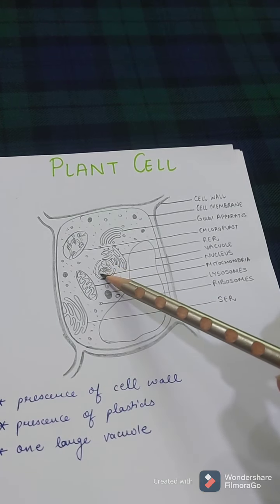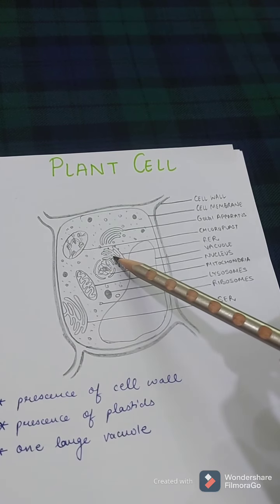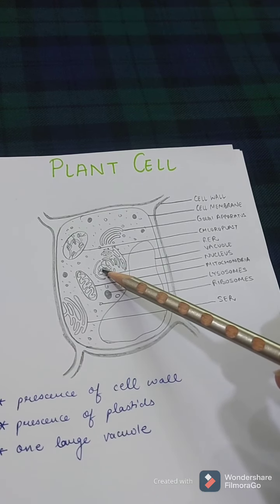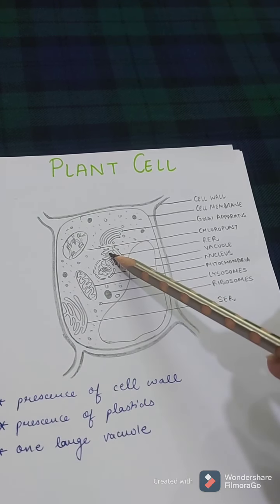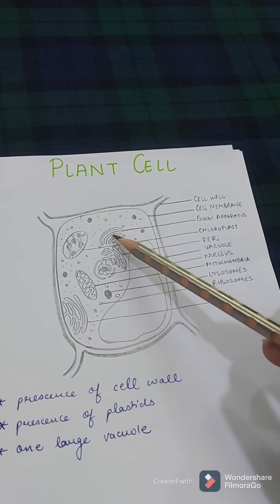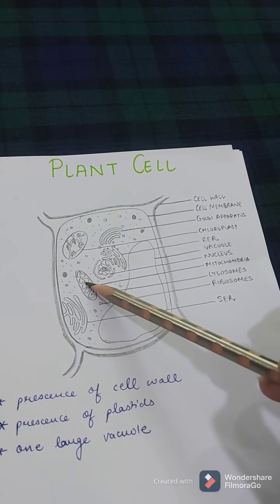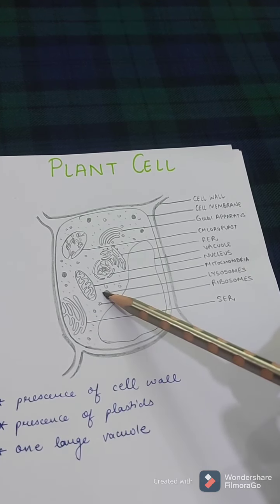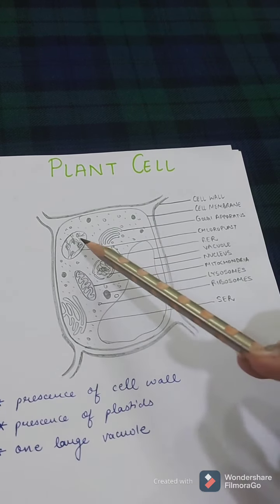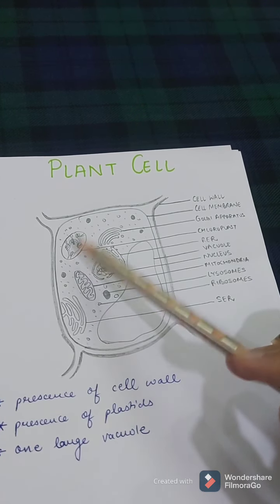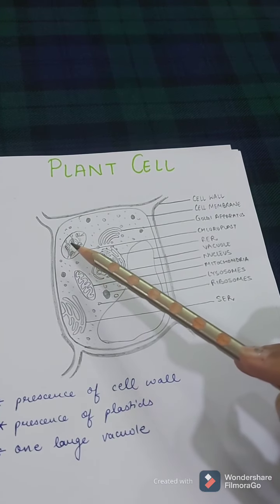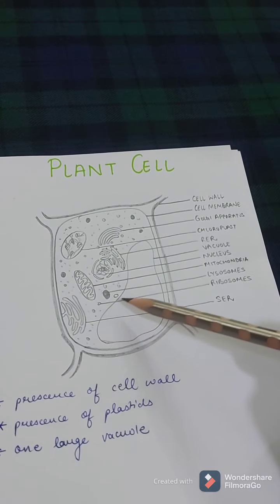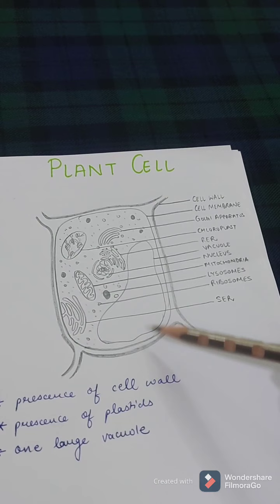This is the nucleus of a plant cell with genetic material, and this is a rough endoplasmic reticulum attached to the nucleus, similar to the animal cell, and near the rough endoplasmic reticulum, Golgi apparatus is also present. This is the mitochondria. This is the smooth endoplasmic reticulum, lysosomes and ribosomes. So this is a plastid, a chloroplast. Plastid is, as we all know, only present in plant cells. So here we can see there is only a single vacuole in a plant cell.